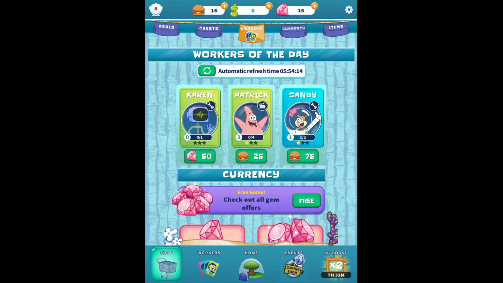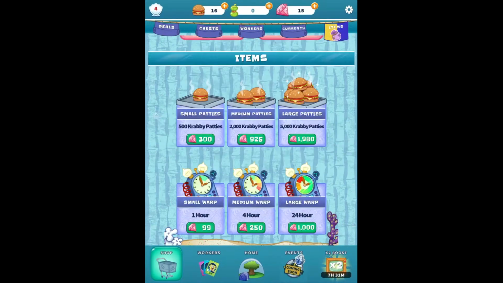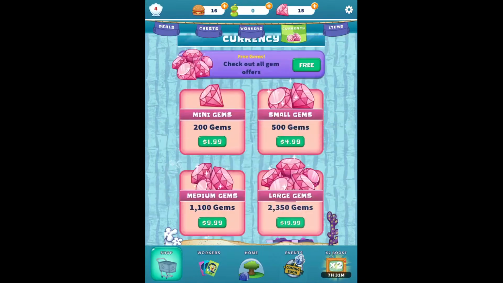It may be the case that if you don't have the worker yet, you can buy it using gems. However, once you acquire the worker for the first time, then it just switches over to Krabby Patties. It may be the case, it may not. I have no idea because this is an absolutely new update. I'm not sure what actually went in behind the scenes. But of course, if you really wanted to spend money, you can.